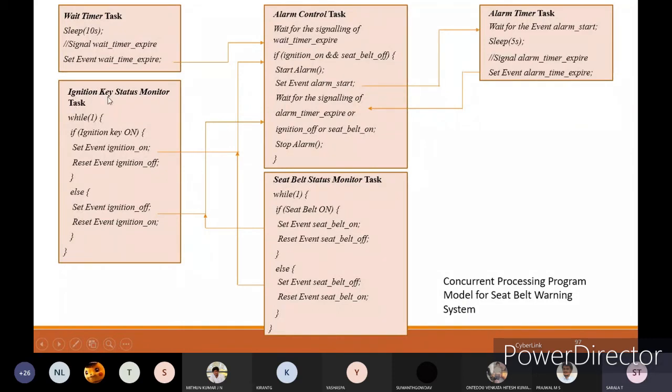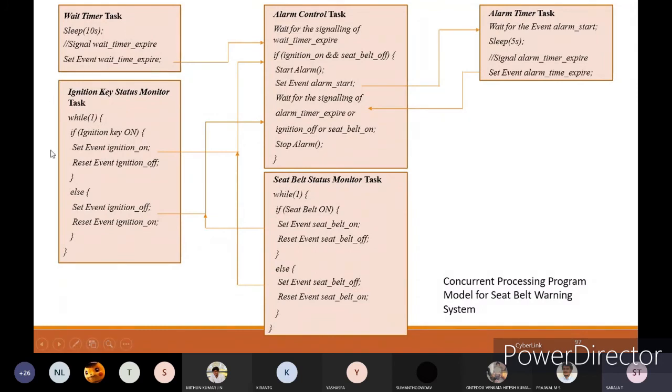For the ignition key status monitoring task, while one, if the ignition key is on, set the event ignition on, reset the event ignition off; else set the event ignition off or reset the event ignition on. That is the ignition key status monitor, meaning whether the ignition is on or not.